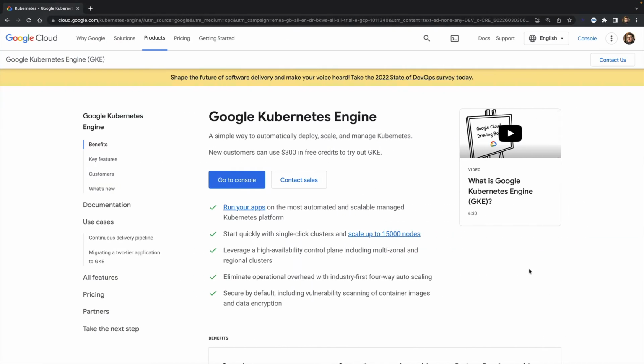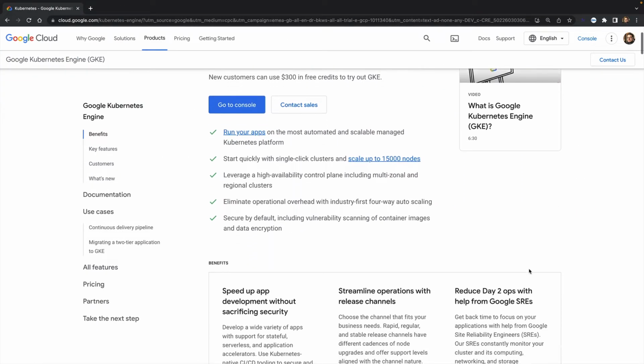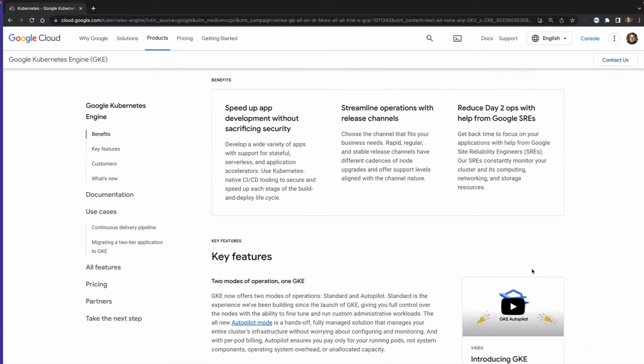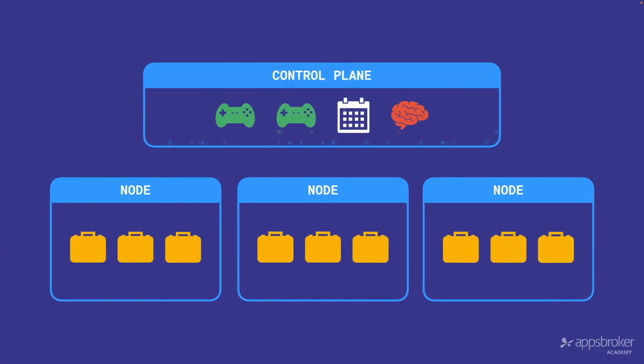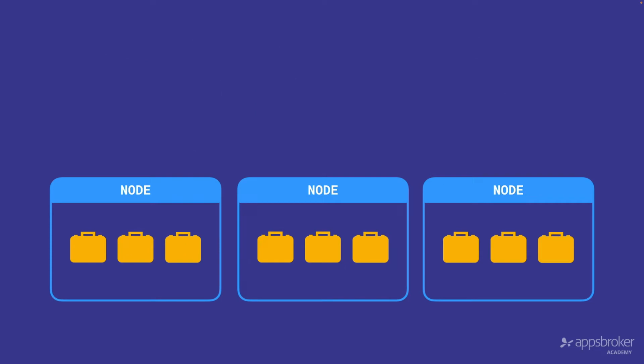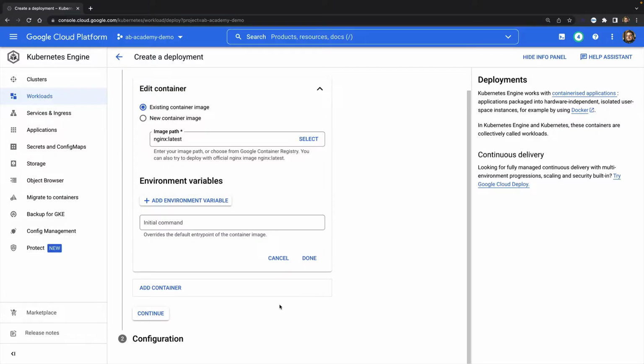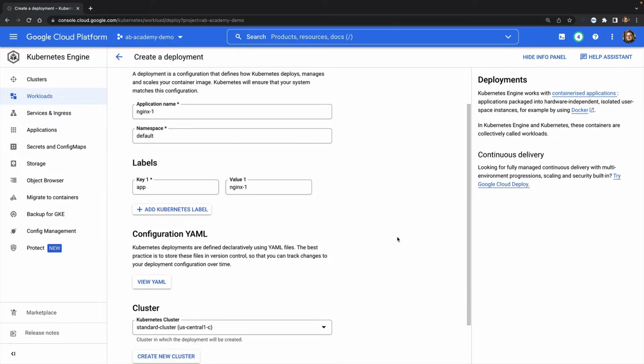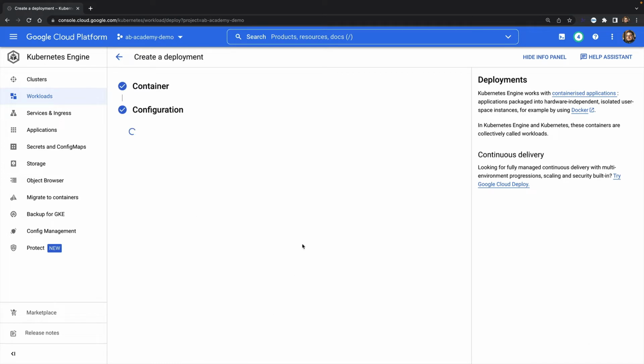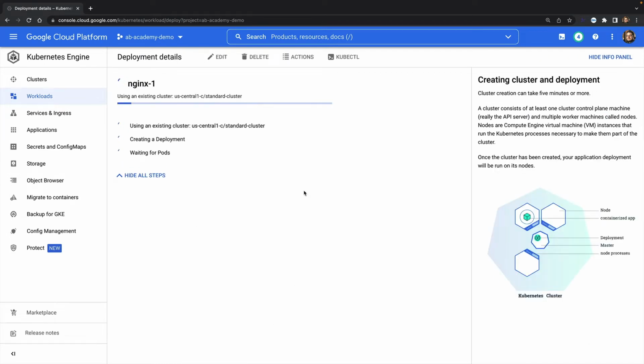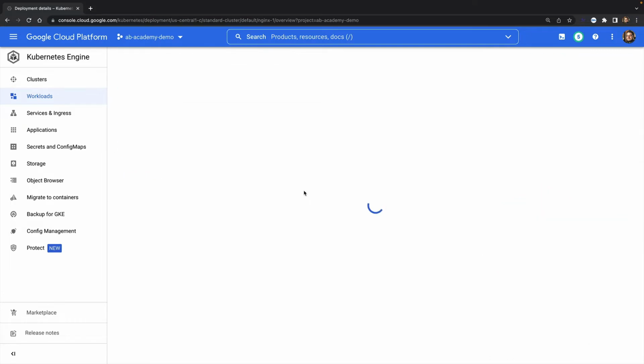Now, GKE Standard, as you may know, is fully managed Kubernetes from Google Cloud, so you don't need to worry about the control plane. That part is run for you by Google and their SRE teams. In fact, you don't really even see the control plane when you're running GKE. That means you just have to concentrate on the nodes and the workloads. So basically you have two jobs to do. You need to design and run your workloads, and then of course you have to manage the nodes where your